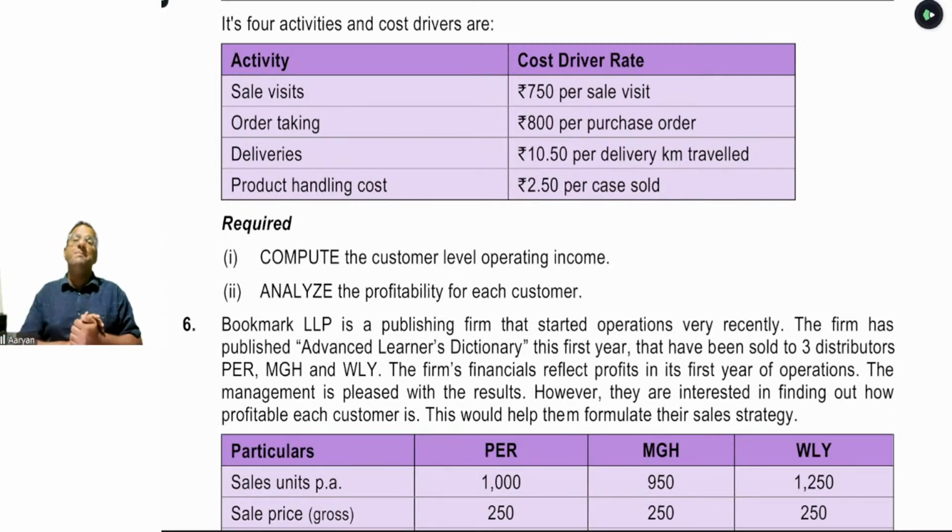That's why we wrote a very important point in the last session: the production cost on a per unit basis, whether it will remain the same or whether it will differ from customer to customer. What do you say, beta? Whether it will remain the same or differ from customer to customer. Please communicate, beta. Whether production cost will remain the same on a per unit basis under customer profitability statement or it will differ from customer to customer.